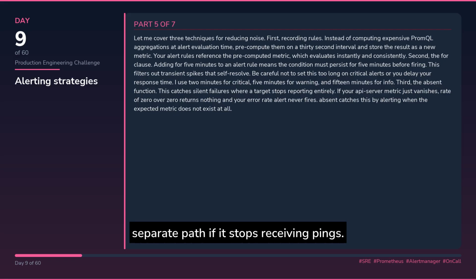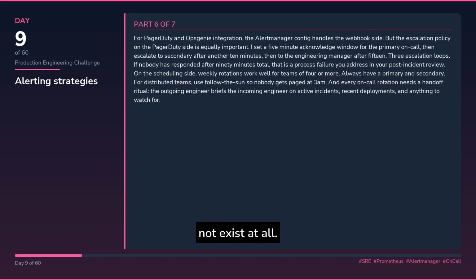For PagerDuty and Opsgenie integration, the Alertmanager config handles the webhook side. But the escalation policy on the PagerDuty side is equally important. I set a 5-minute acknowledge window for the primary on-call, then escalate to secondary after another 10 minutes, then to the engineering manager after 15. 3 escalation loops. If nobody has responded after 90 minutes total, that is a process failure you address in your